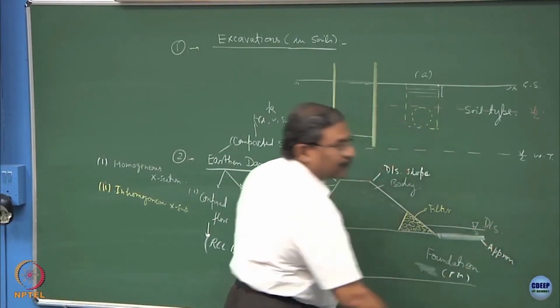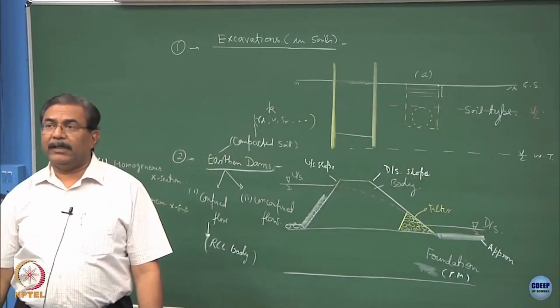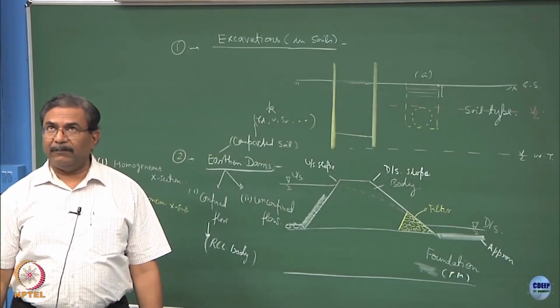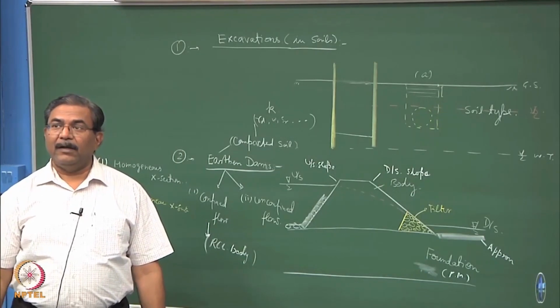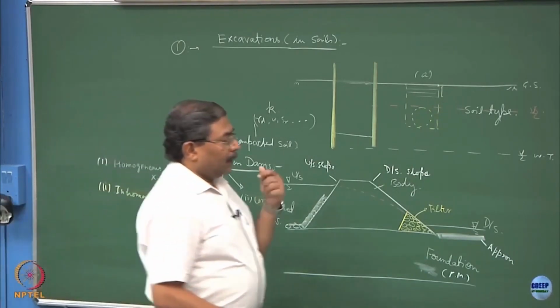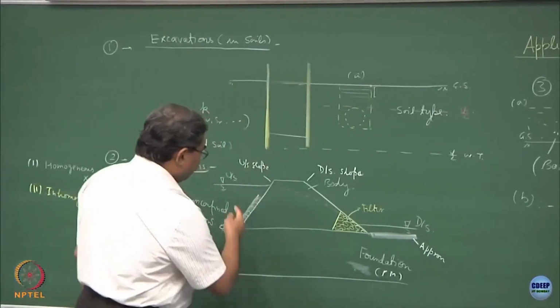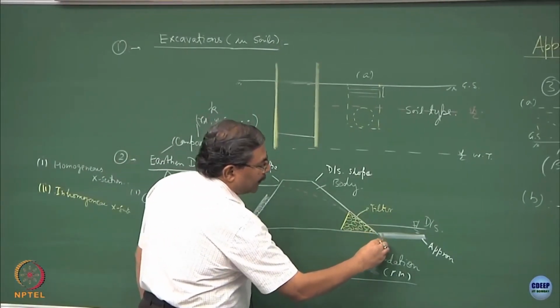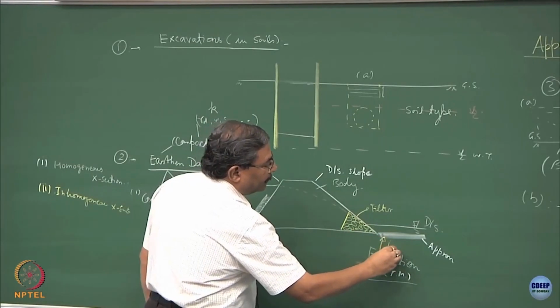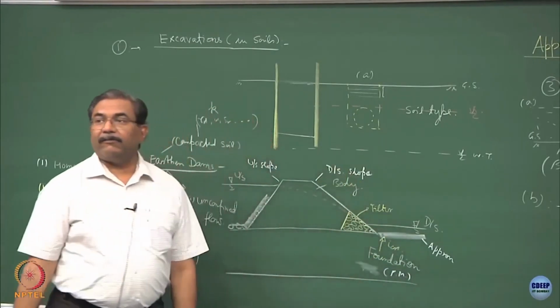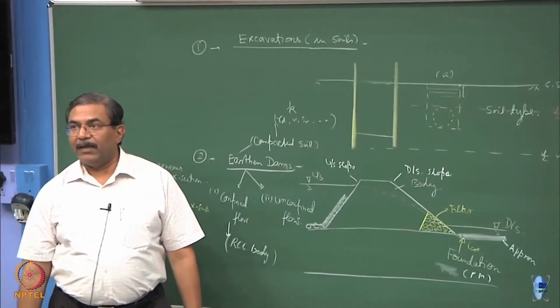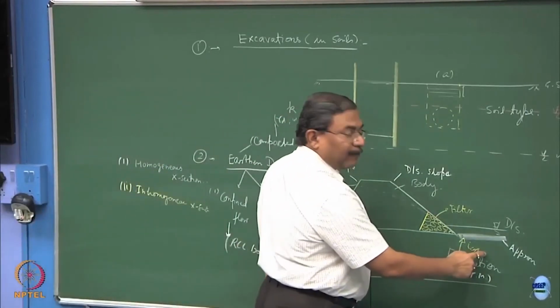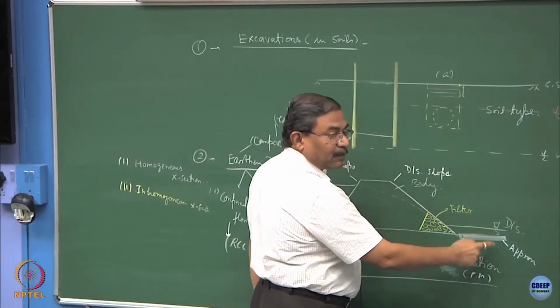What this apron does, we have already talked about the i critical thing in the previous lecture, if you remember. We have proved that because of the seepage which is going to take place through the foundation system, there would be an exit gradient i critical, and this we have defined as (G minus 1) over (1 plus e). So, in order to negotiate the effect of i critical so that the downstream does not get eroded,